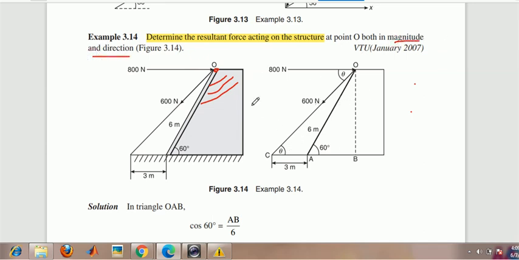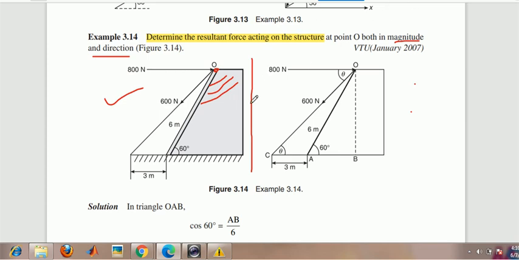So just observe the figure. You just concentrate here. This is the figure given in the problem, and this is the figure we have drawn to solve the problem. So that is the simplified version. You have to draw the schematic representation. Whatever figure you are observing here, this figure is given in the problem itself.